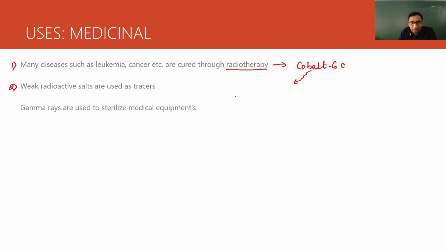They are used as tracers. So suppose this is a hand of a patient, right? And then through the IV fluid, IV means they inject the liquid, say suppose that is sodium chloride, right, along with some quantity of sugar. You might have seen that the doctors give it while the patient is under a lot of dehydration and so on. So along with the liquid sodium chloride, they inject liquid iodine,